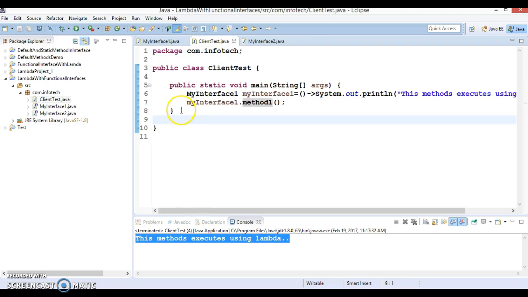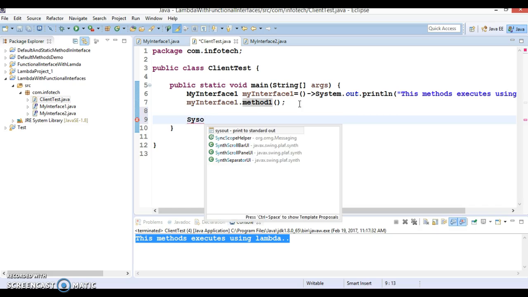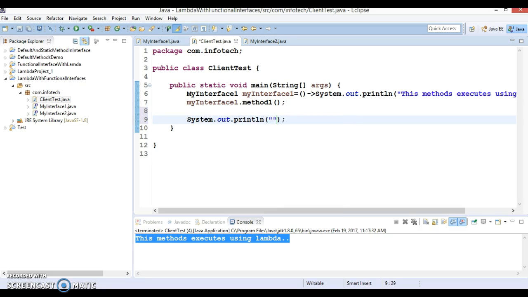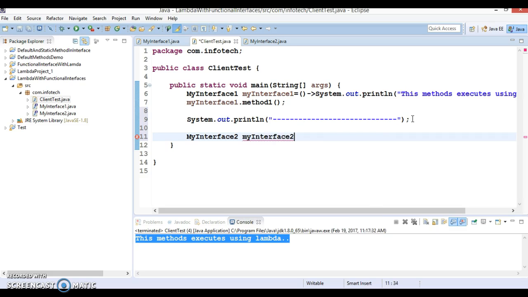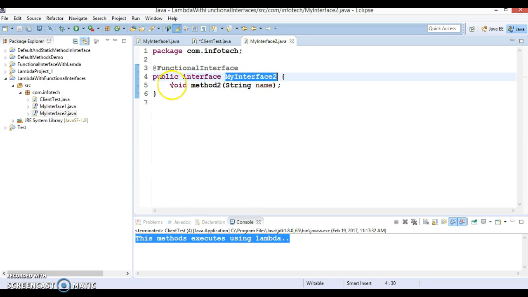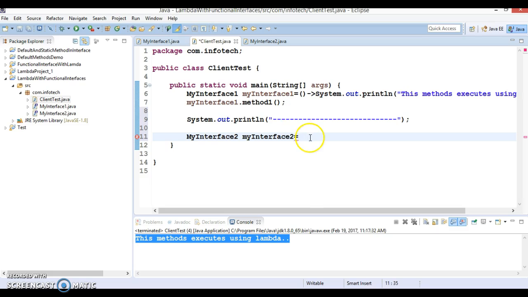Now in the client program we would like to create a lambda expression for this functional interface. So directly I'm going to write a lambda expression for this. MyInterface2, again MyInterface2 equal to, as this method does not return any value, you can give the empty parenthesis like this.